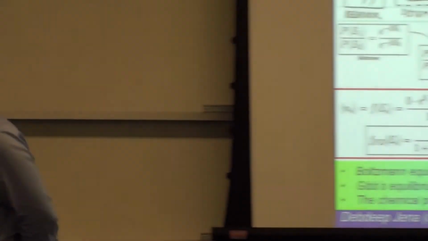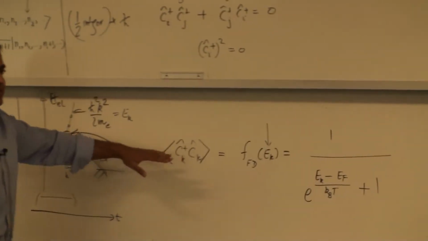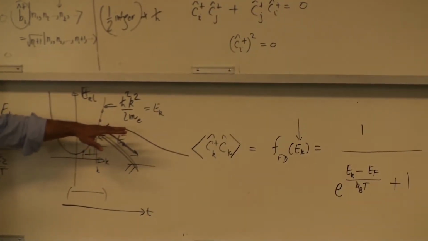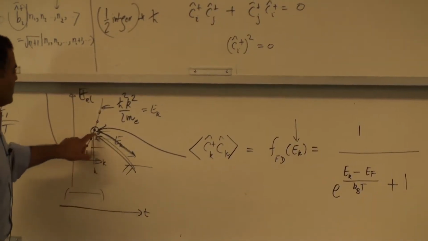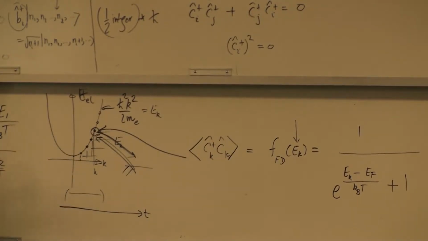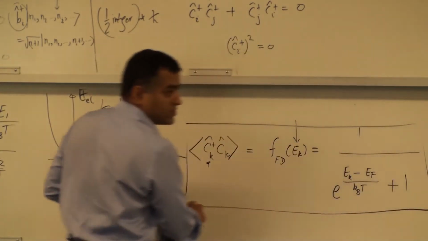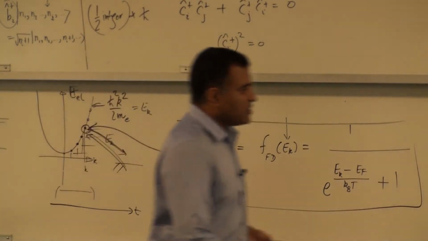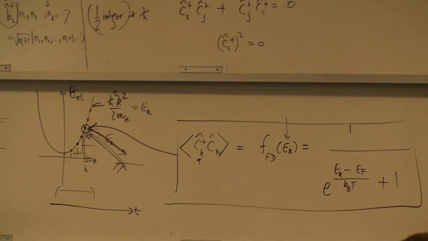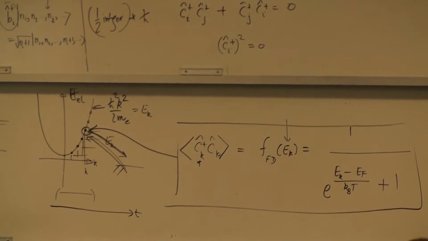I know I've not derived it fully, but I hope at least there's some connection to what we are discussing here: the physical meaning of how fermions are distributed and what the connection is to these operators we introduced earlier. And because these are fermions, there is no 2. It's either 1 particle or 0 particles. And this sum over states, all possible configurations of the state, ends with only 2 terms. There's no more. So this is the Fermi-Dirac distribution.